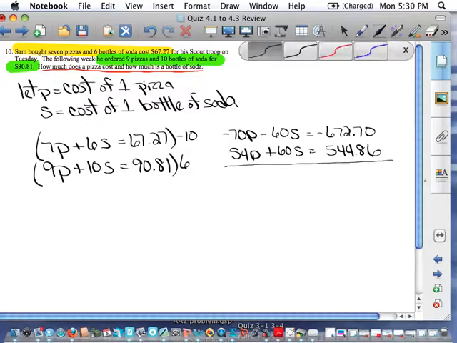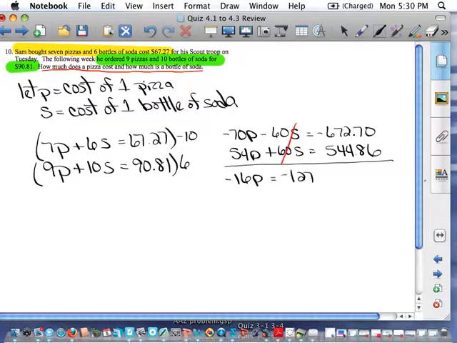When I add these together, the s's will cancel, and I will have negative 16p is equal to negative $127.84. Dividing that by negative 16, I get that a pizza cost